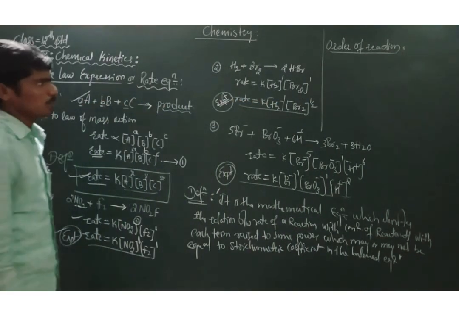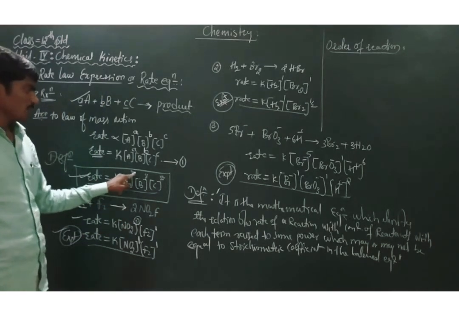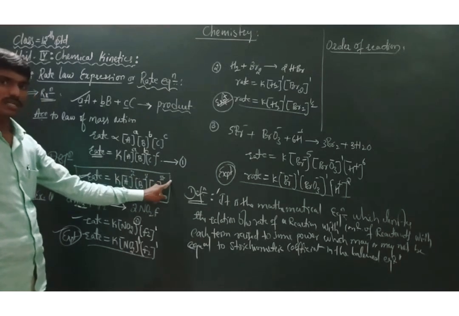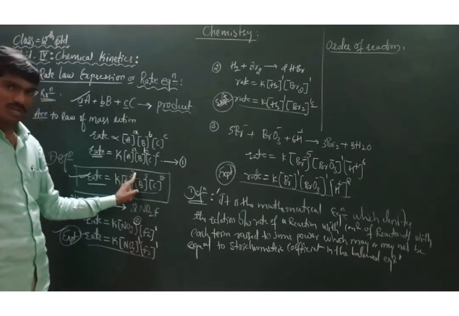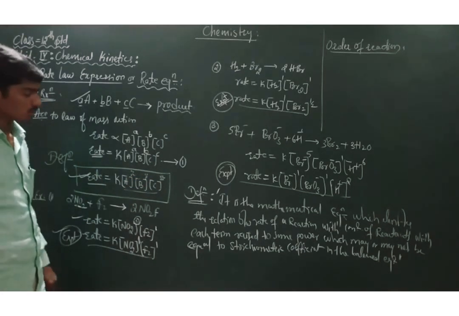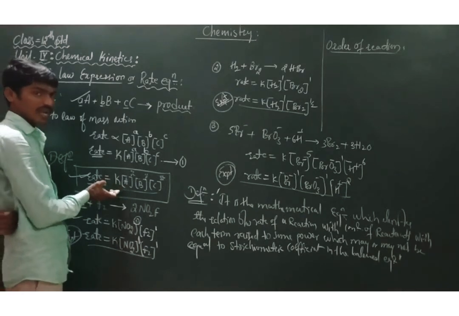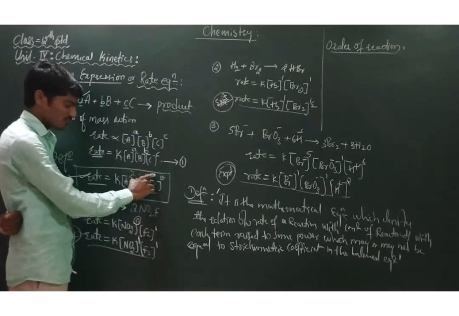Order of reaction. बहुत सिंपल है order of reaction definition. ये जो रेट एक्सप्रेशन है, यहाँ पर द पावर क्या है, x y z है, ये तीनों ऐड किया तो हो गया आपका ऑर्डर ऑफ रिएक्शन. ऑर्डर ऑफ रिएक्शन इज नथिंग बट x plus y plus z in this expression. तो ऑर्डर ऑफ रिएक्शन can be defined as sum of powers